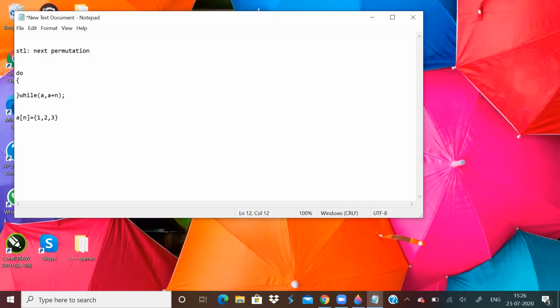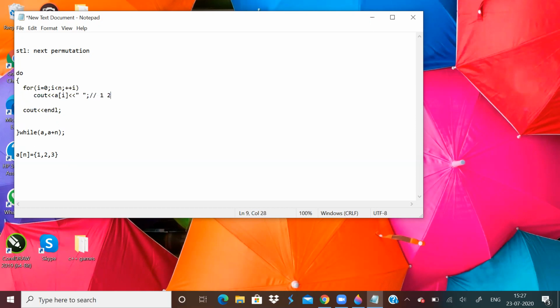Let us say the integer array is 1, 2, 3 and we want to print it, and we do this. What will the initial output be?